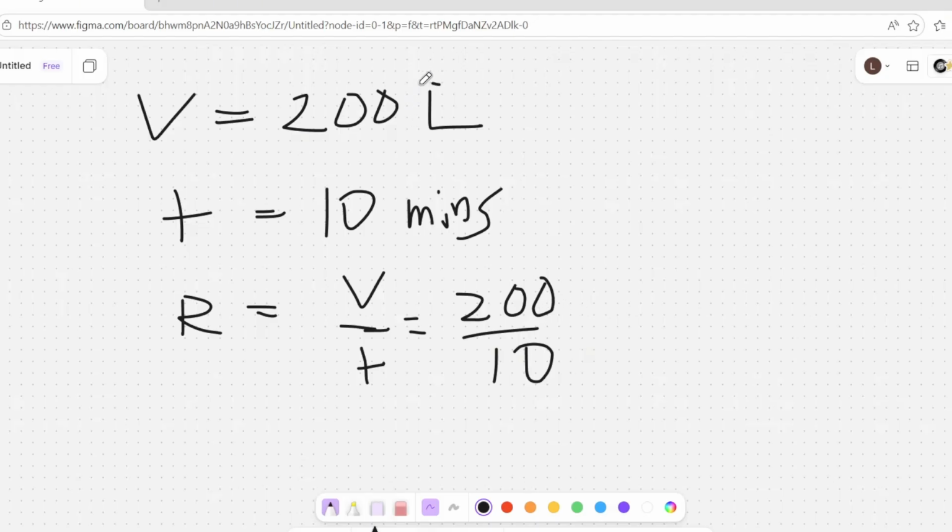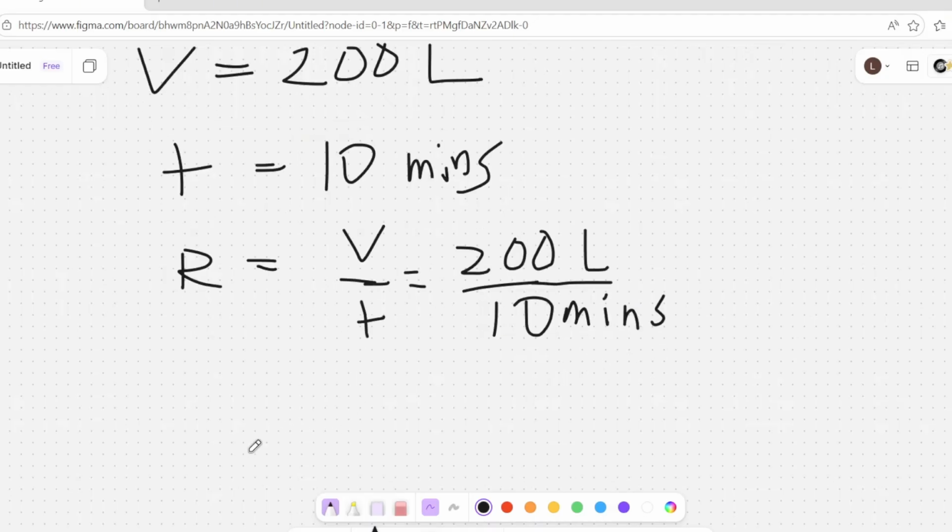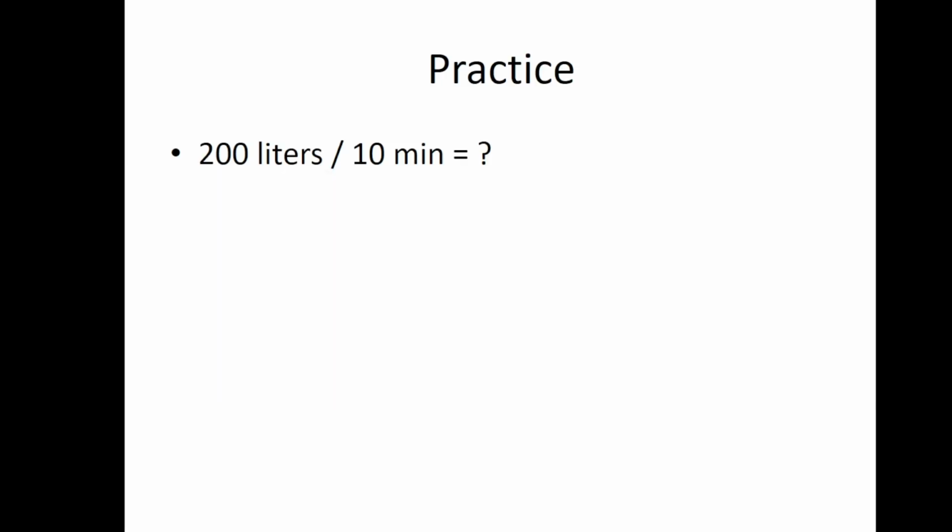As you can see here, it's important to include the units, so we are not mistaken on the values that we take, in order for us to be guided. Since we are finding the rate, our unit must be liters per minute. In this one, it's already liters per minute, so we just simply divide. 200 divided by 10 will be equal to 20. So the answer is 20 liters per minute. Let's check if we have the same answer here. Okay, so the rate here is 20 liters per minute.